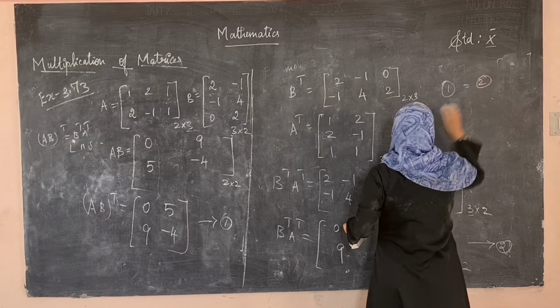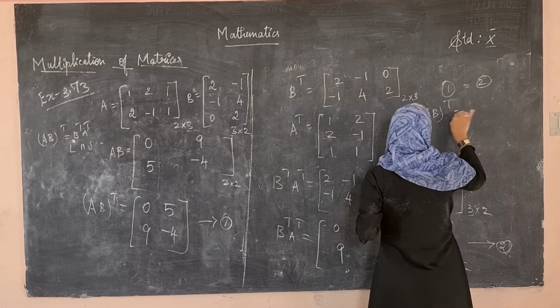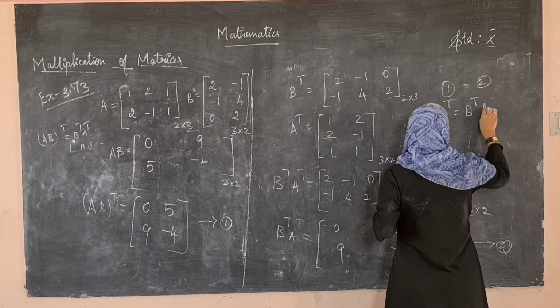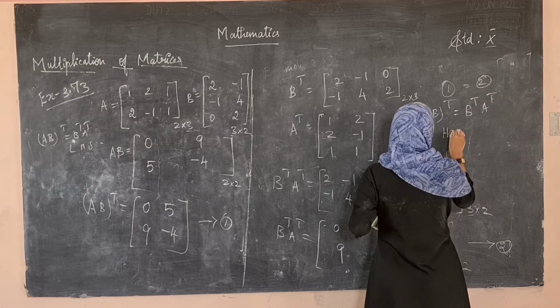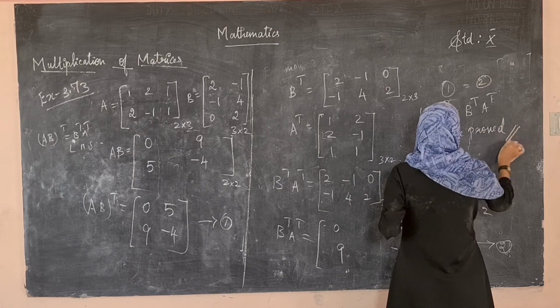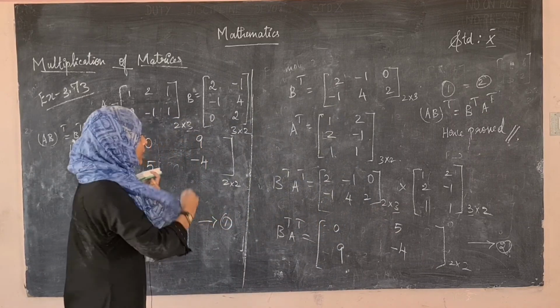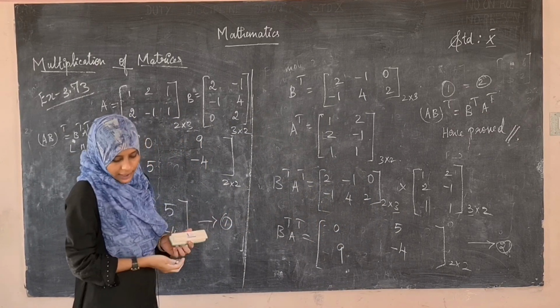What does 1 is equal to 2 mean? AB, the whole transpose, is equal to B transpose into A transpose. Hence proved. Okay, hence proved. So with this we are completing this sum, and we have completed all the examples of this